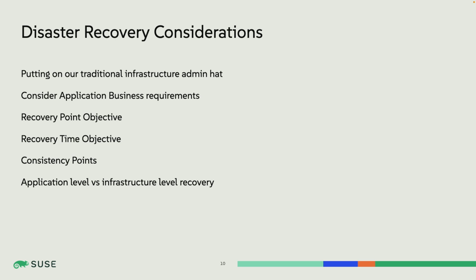This is especially important with synchronous replication because after all, in that scenario, what happens when somebody encrypts an application? Well, it's immediately jumped over to your other side. So making sure you have those consistency points. But in Kubernetes, it's also important because your data may differ from your manifests. I'll get into that a little more.